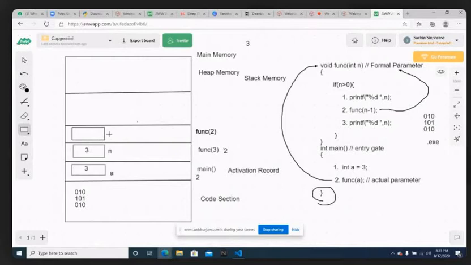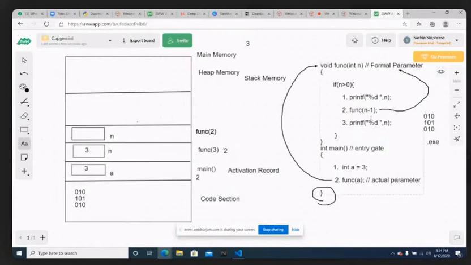This is also going to have the same name, and you can wonder how two memory blocks can have the same name. This is what is called a local variable. Two different activation records can have the same variable name. It's not an issue here. You will understand it better when I teach more than this.